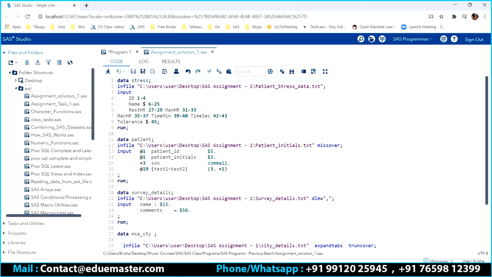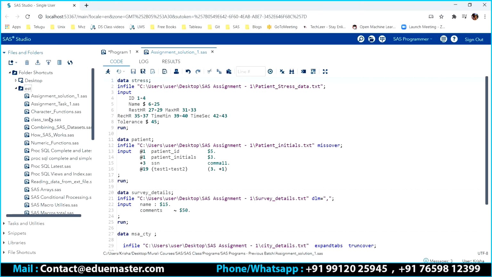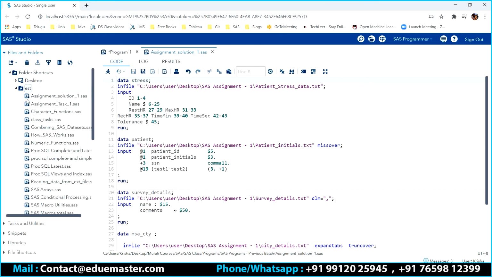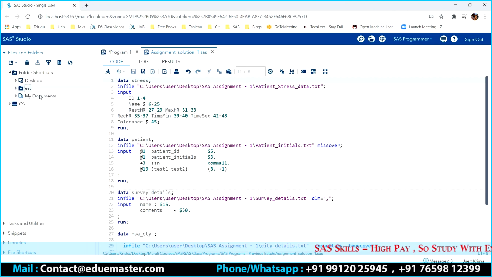But you cannot create a program process flow or a project flow here. That is not possible. Still, you can keep all your programs at one place, and you can create a folder shortcut for that. That is possible.